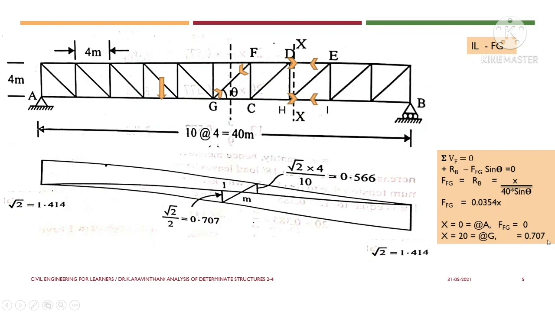Now we will be using sum of vertical forces equal to 0. In the right hand side I have two forces, that is the reaction RB and this inclined member. If I resolve into vertical, this will become a downward force. So while resolving, you need a theta here. How to find this theta? You know the panel width is 4 meter and the height of the panel is 4 meter. So both are 4 meter, then you will be getting an angle of 45 degree. If you have 45 degree on one side, both the sides will have 45 and 45 degree, due to the triangular property.